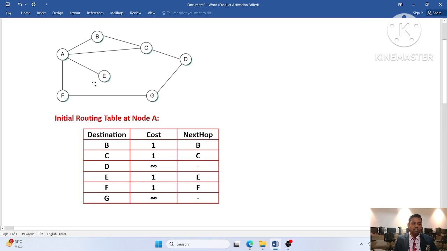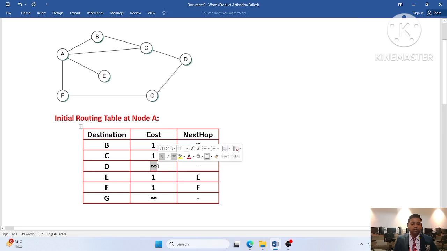So similarly, E will share the routing table with A. F also will share the routing table with A. Even C will share the routing table with E. So while the router C, so here we can see, here we are not in the initial routing